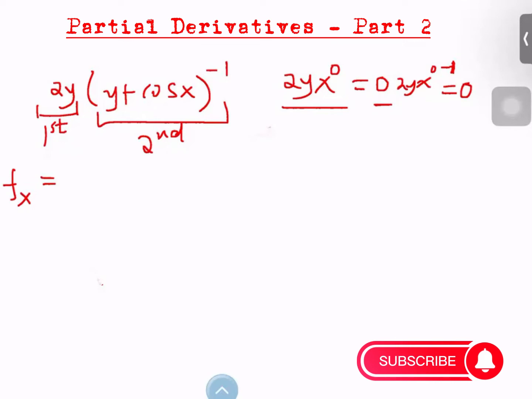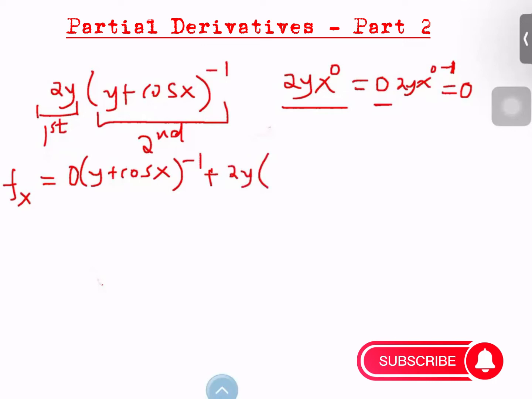And therefore the first term becomes a 0, and then we multiply by y plus cos x power negative 1, plus, now we come to the second term. When we differentiate the second term, it means we are holding the first term as constant. So we are going to have 2y into